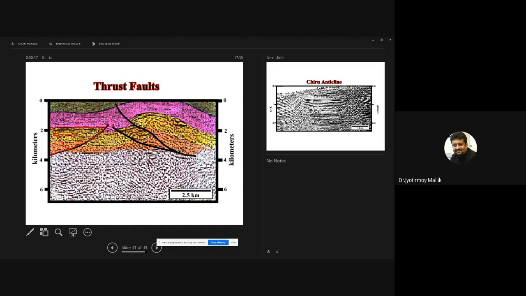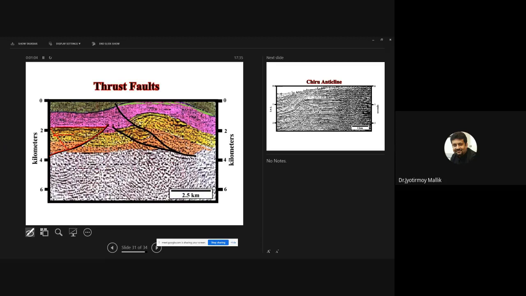There should be two things to make that trap effective. One is you must have a top seal. Okay, you understand what a top seal is, right? It must have a top seal. And then the spread of the trap will be all the way up to the spill point. So, for example,